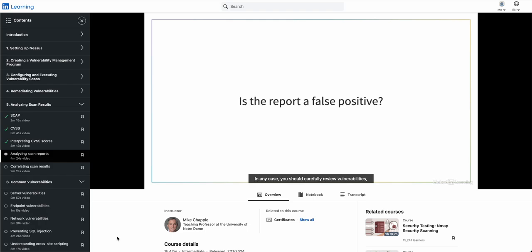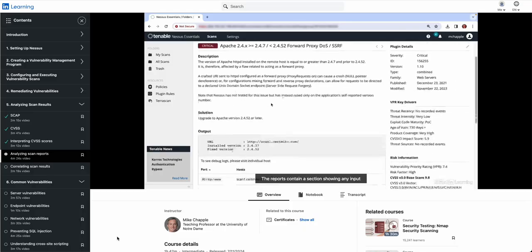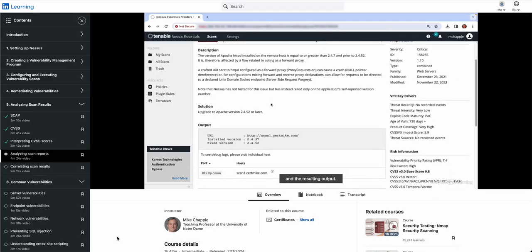In any case, you should carefully review vulnerabilities, especially those that require extensive or disruptive remediation, to verify that the problem exists. The best way to do this is to review the details on the scan report. The reports contain a section showing any input that the scanner sent to the target system and the resulting output. Reviewing this section is a great way to figure out why the scanner reported a vulnerability and whether it might